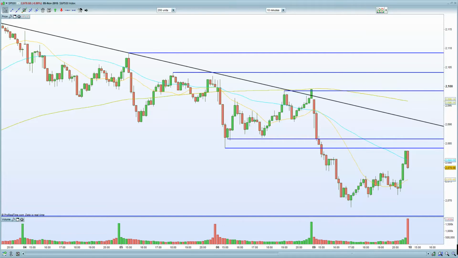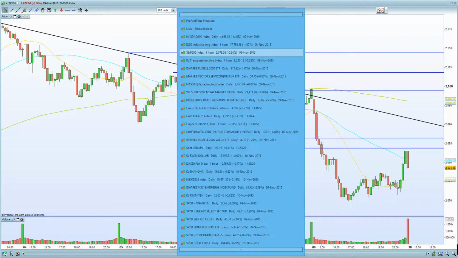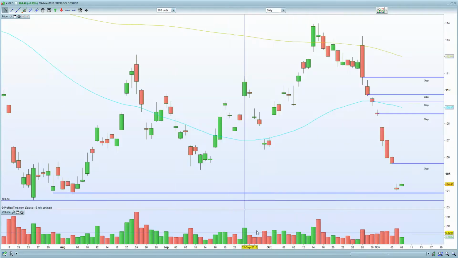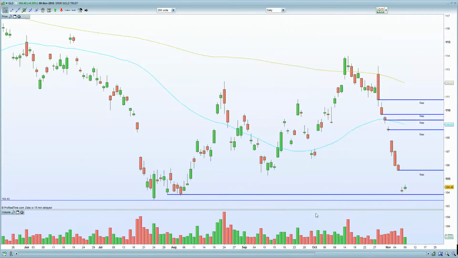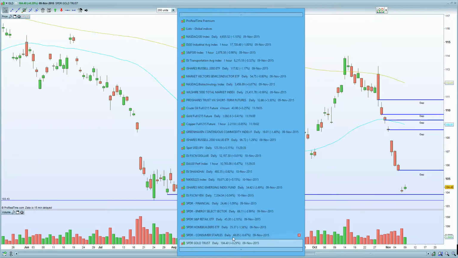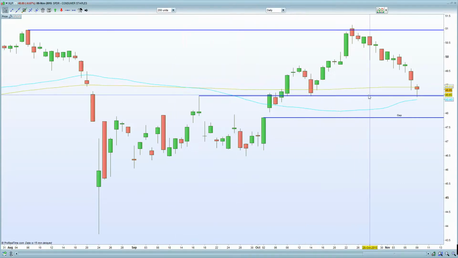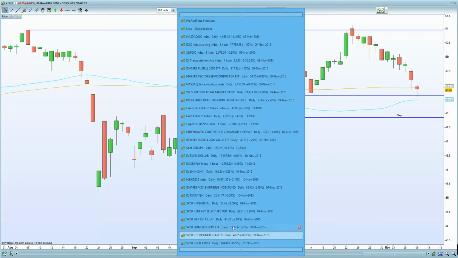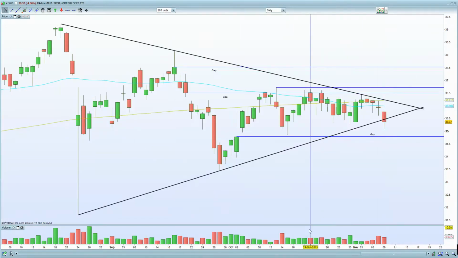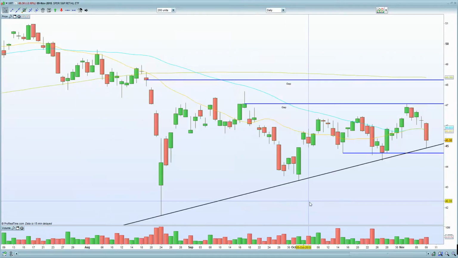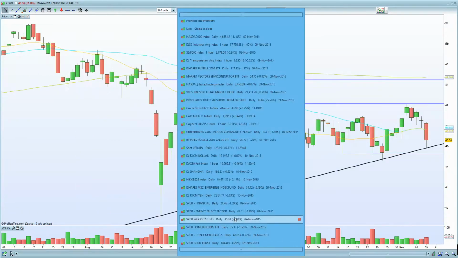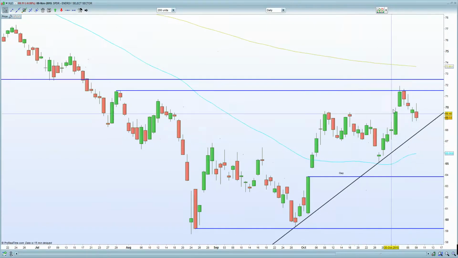Now we have the copper price, oil price, and gold price all coming into support, and one of the biggest arguments for a potential thrust higher is the gold trust. As you can see here, potential support. Consumer staples, again potential support. If I bring up the home builders as well, again potential support. If I bring up the retail, again potential support. If I bring up the energy sector, again you have had a push lower, but again we are looking at